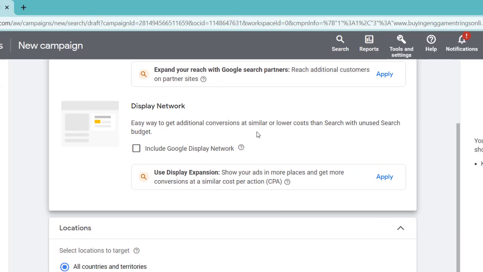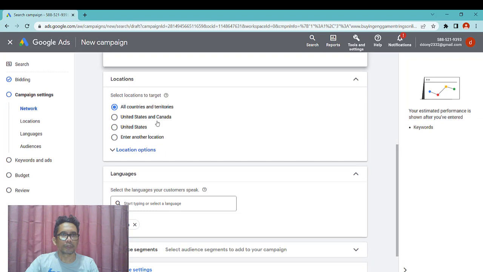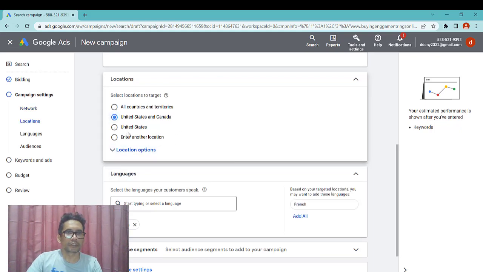Because we don't want to show our ads on websites and the network. Okay, for location, we can choose our target location in the United States, or you can put another location.